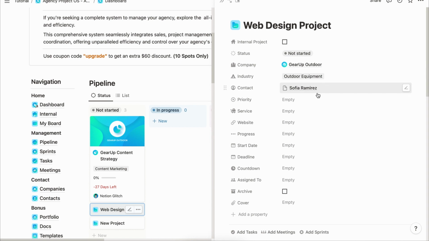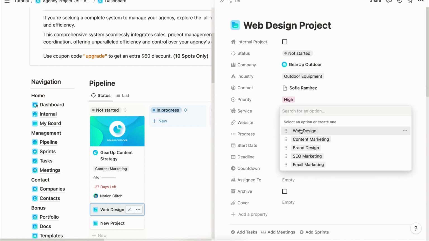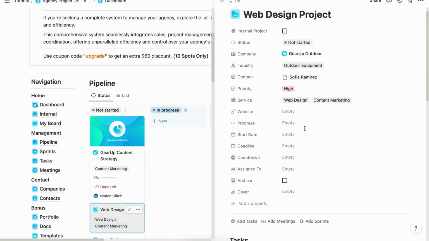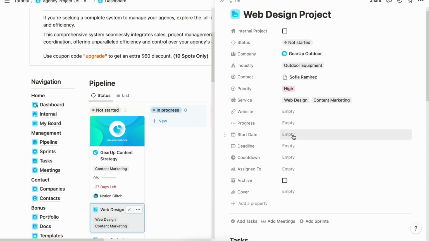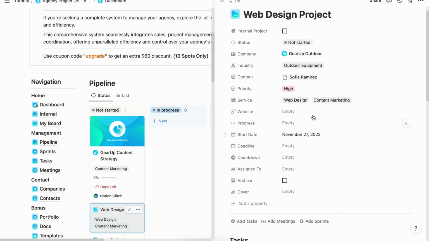For now, let's fill out other details like the company. Industry is a roll-up property here. Once you choose the company, it will automatically fill out contact person, priority, service, etc. For company and key contact information, you can create first in the project database, or you can also create separately in each database with more detailed info. For demonstration purposes, let's create them here first, and I will show you how these databases are connected with each